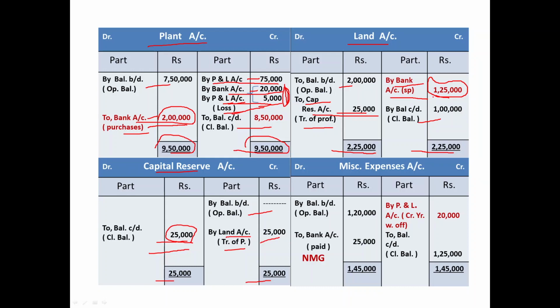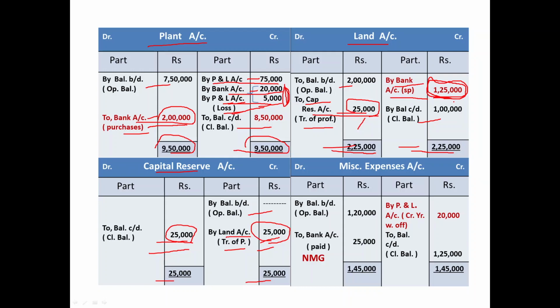So this means the cost price must be 1 lakh and the selling price is 1,25,000, and the profit that took place is 25,000, which has been transferred from land account to capital reserve account. So this is how you have to decide the selling price of the land. First transfer the profit by debiting land account and crediting capital reserve, and then close the land account: debit side first, put it on the credit side, and decide the balancing figure on the credit side, which is the selling